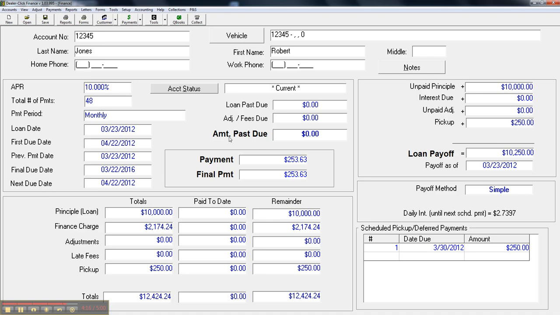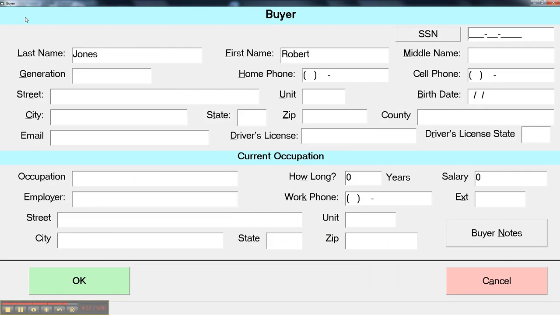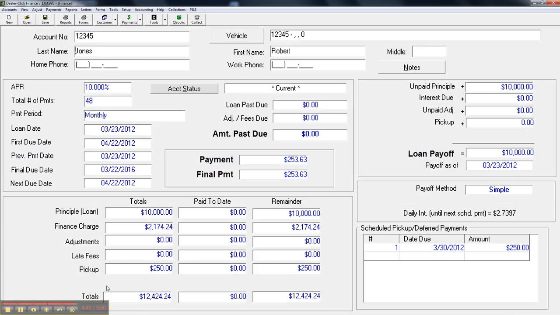In order to complete the entry of the information, click on the View menu item up at the top, click on Buyer Information, and then you'll be able to go ahead and enter in the street information, enter the zip code and press Tab to come up with the city and state. Enter the information for the street, go ahead and enter phone numbers, unit numbers, occupation information, click on OK. Then all you have to do is click on the Save button to save that information. If you have co-buyer information, you can click on co-buyer